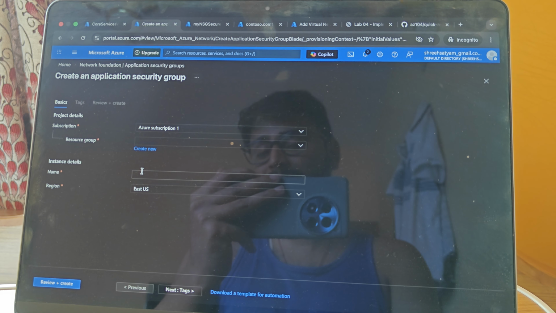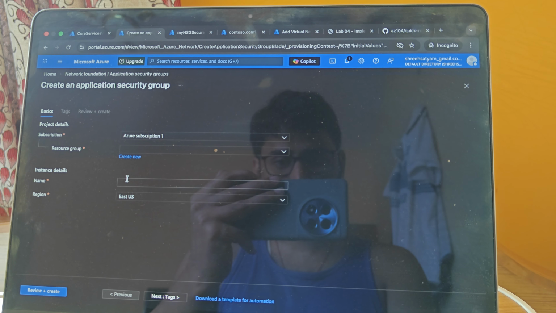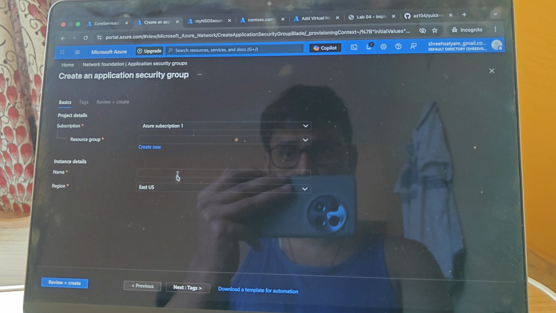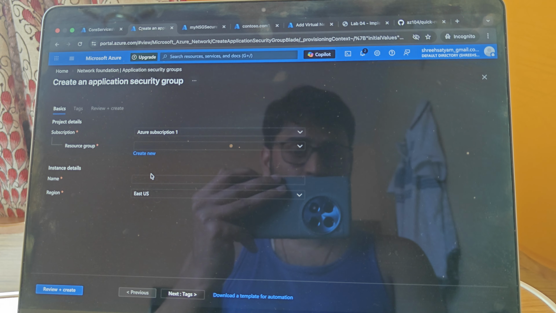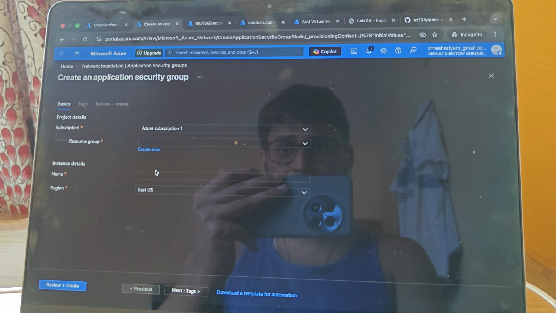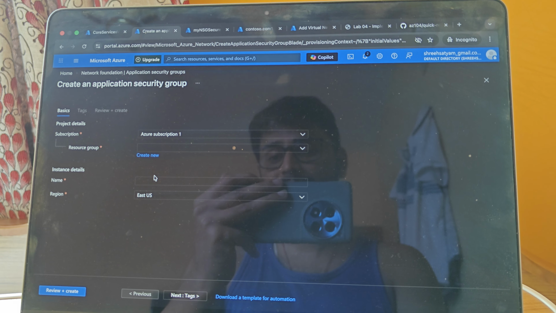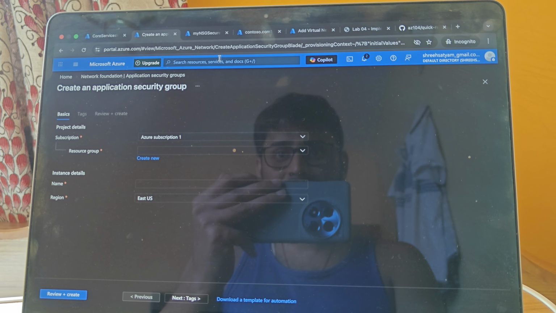What is recommended there on the GitHub portal, I would also recommend you go through that. Once you fill up everything here, hit on Review plus create, and it will be created. Next is the